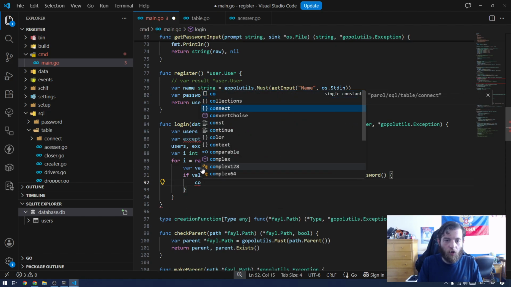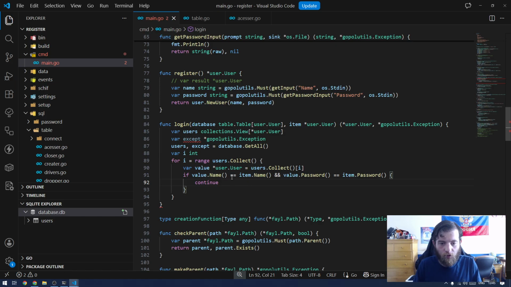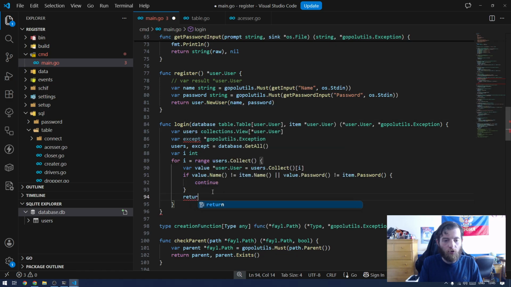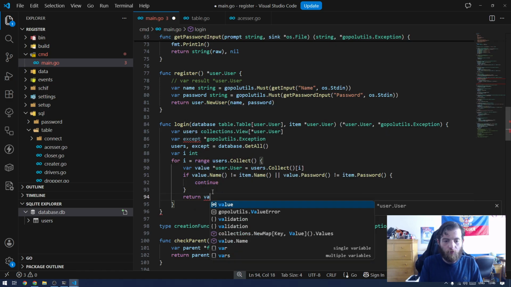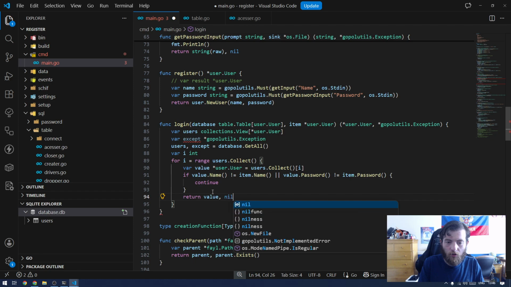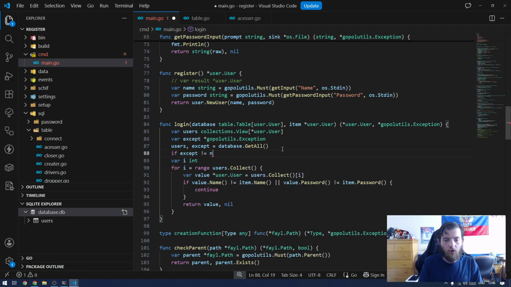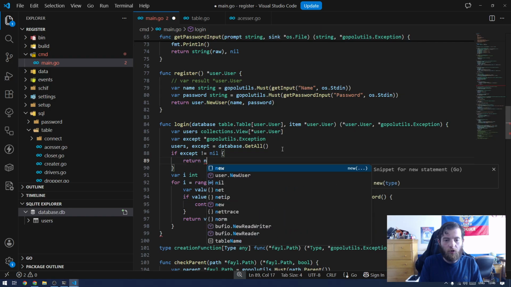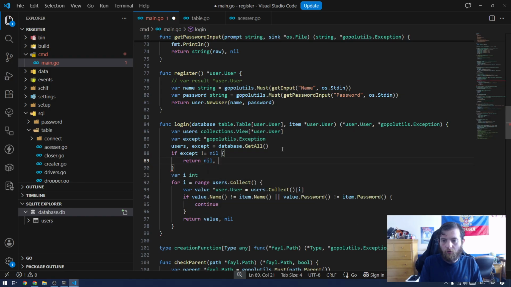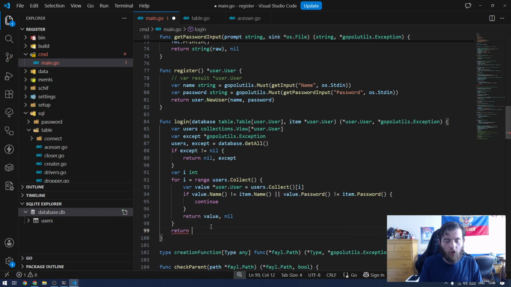Or no, we're gonna make a guard clause. We're gonna continue. Yeah, so we're gonna invert this. Does not, or does not. That's how you invert to create a guard clause. Else we're going to return value, which is our logged in and nil. But first of all, we're gonna say if except is not equal nil, return nil and except, because get all returns an exception, else return nil, and then we'll return